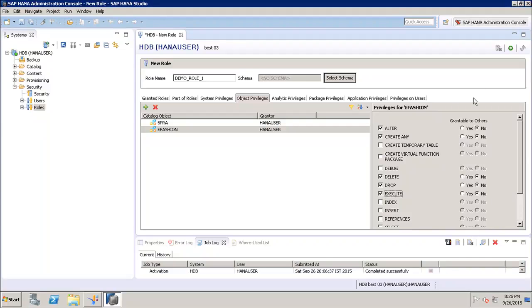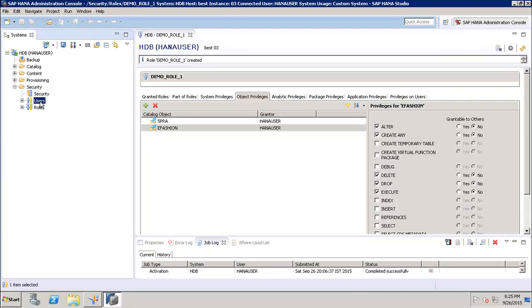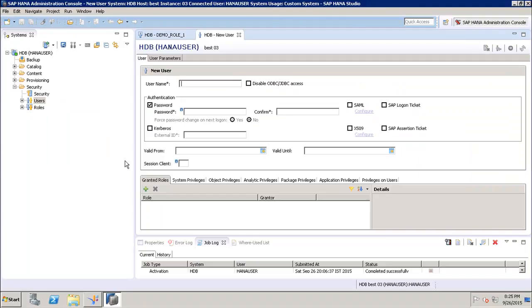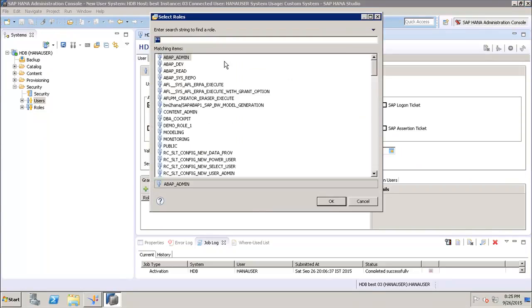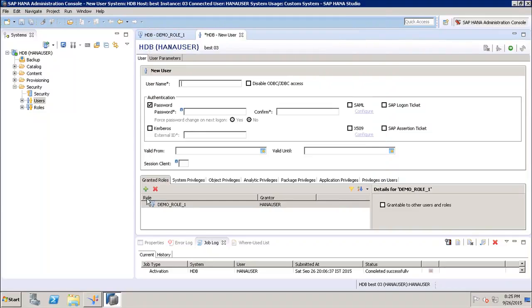Once it is done, I will click on Deploy. Once this role is deployed, I can go to the particular user. Let's say I want to create a particular user, I'll go to New User, and if I go here in the granted roles and click on the plus sign, I can search for the role which we have just created, that is demo_role_1, and I can simply add demo_role_1